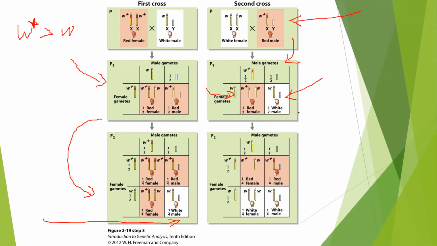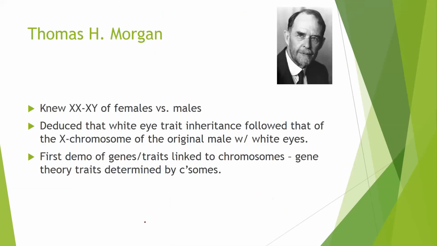So this is interesting. And then he also did the intercross between this F1 progeny to produce the F2 progeny. So as you can see, half of the F2 progeny are red eyes, and the other half are white eyes. And within the red eyes, half of them are female and half of them are male. And this is the same in the white eye F2 progeny. So by doing this, Morgan